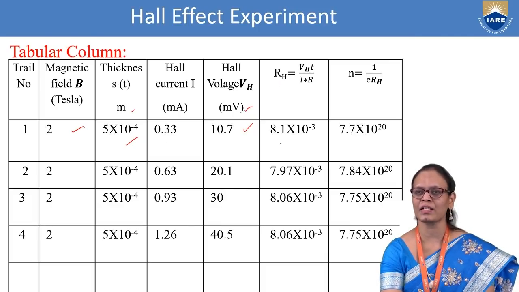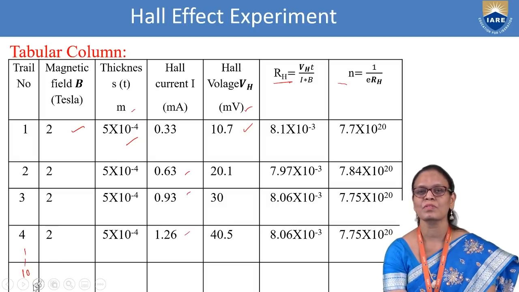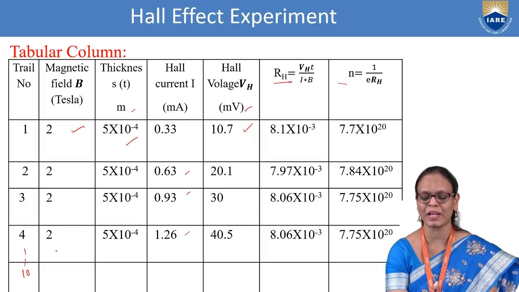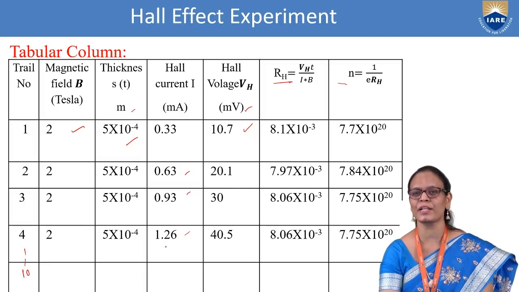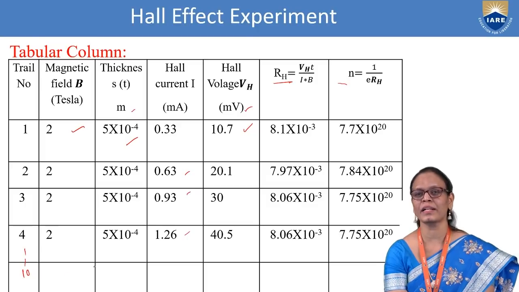So this is the voltage for this current. Then note the value of RH. We will see the calculation of RH. Once you get RH, you can calculate the value of N. Repeat the experiment for different currents. You keep on varying; you will take up to 10 readings, at least 10 readings you can take. I have shown you 4 sample readings, but you can continue taking readings by varying the current in steps of around 0.3 and noting down the voltage. The magnetic field and the thickness are constant. So you will keep on varying the current, note down the voltage, calculate the Hall coefficient and find the charge carrier density.